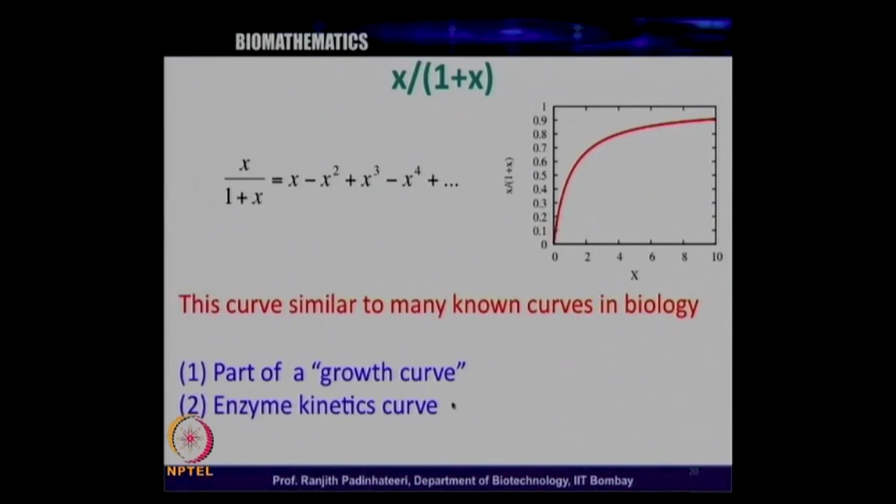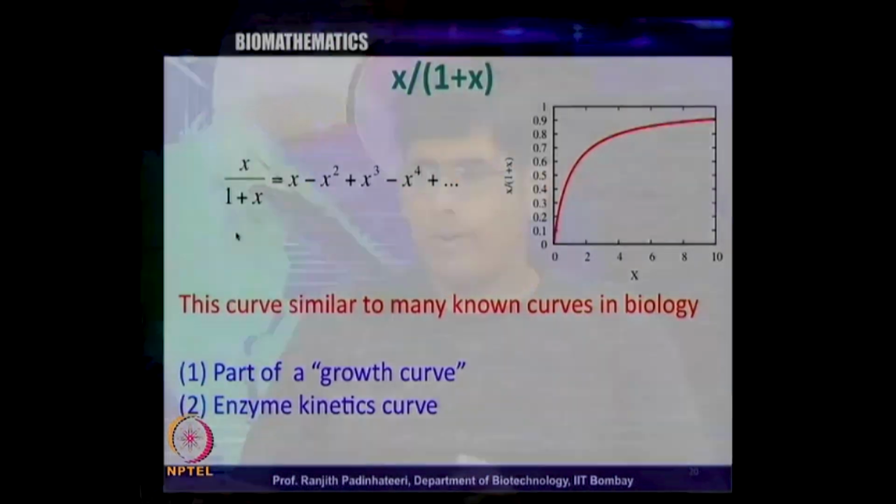Also in enzyme kinetics, you might have seen Michaelis-Menten reaction and so on and so forth, and the equations for such reactions look like x by 1 plus x, and the curve will look like this. So what I wanted to convey here is that x by 1 plus x again can be written as